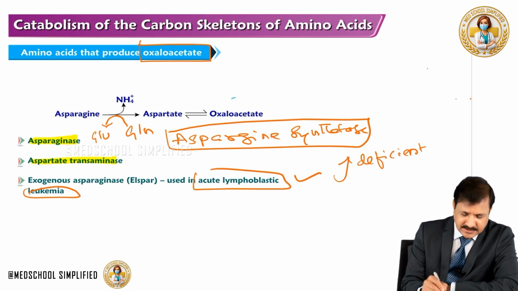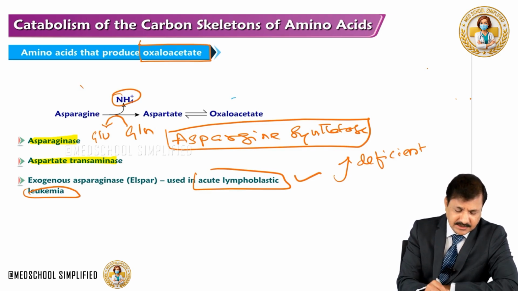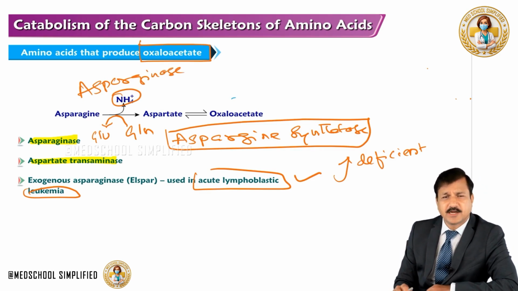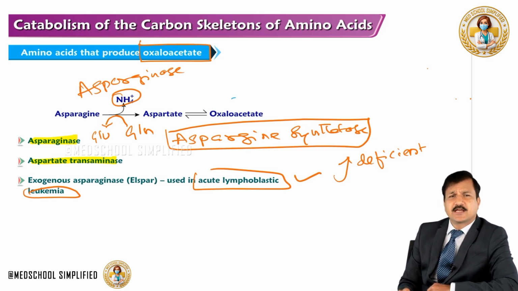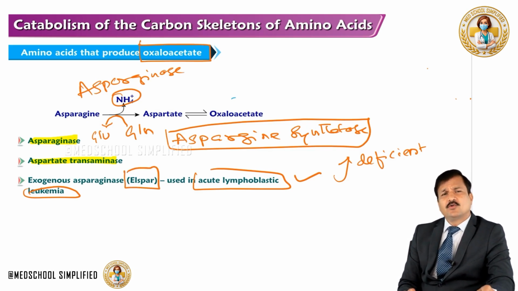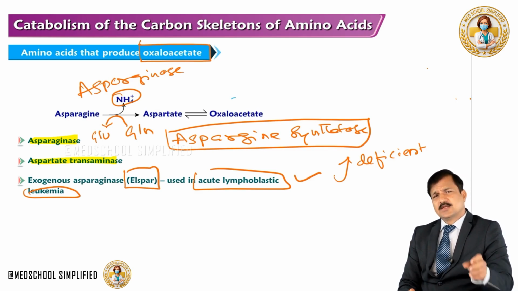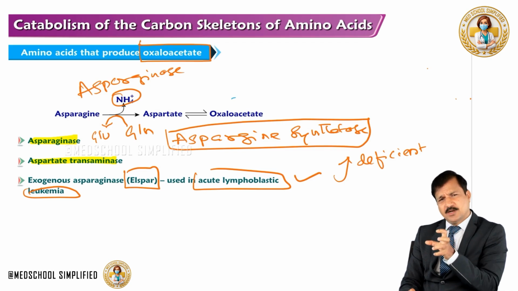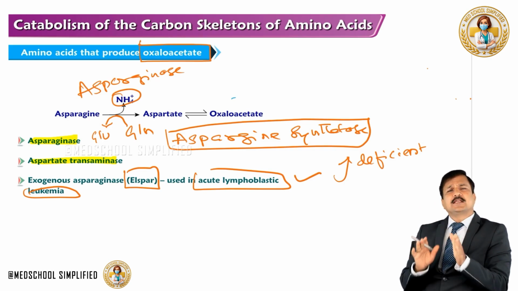Asparaginase converts asparagine into aspartate; we have seen that it causes deamination. So, using exogenous asparaginase, like synthetic asparaginase, which is marketed as L-spar. Whenever exogenous asparaginase is given to a patient suffering from acute lymphoblastic leukemia, this exogenous asparaginase in the blood is going to convert most of the asparagine into aspartate, thereby decreasing the available